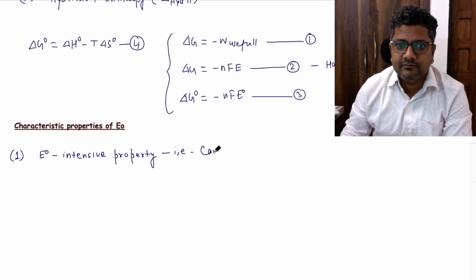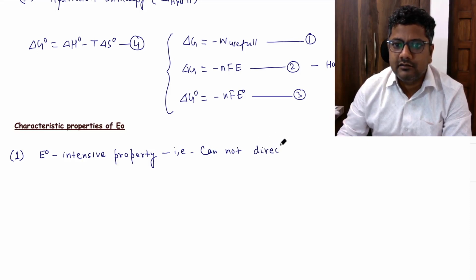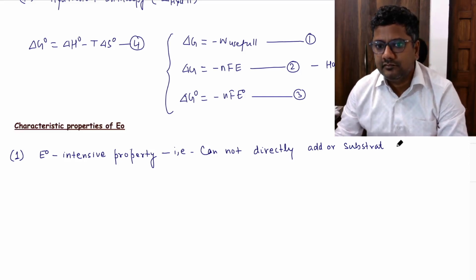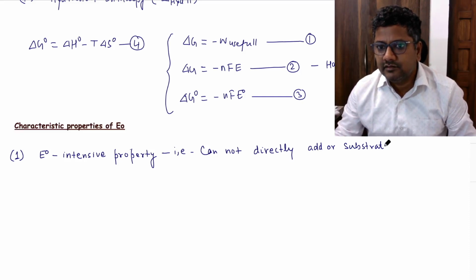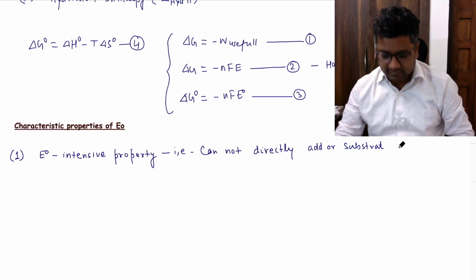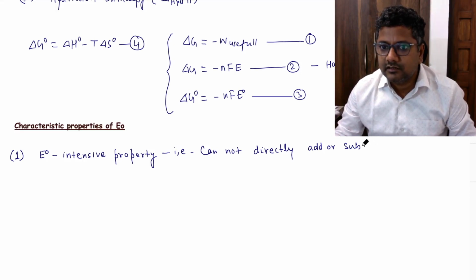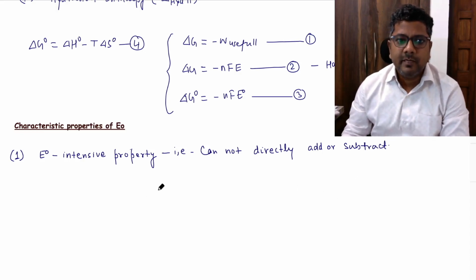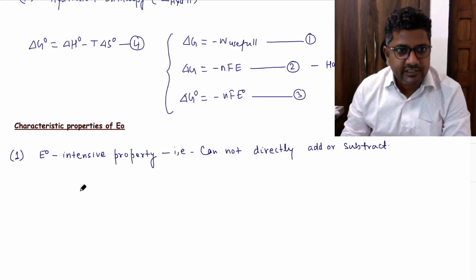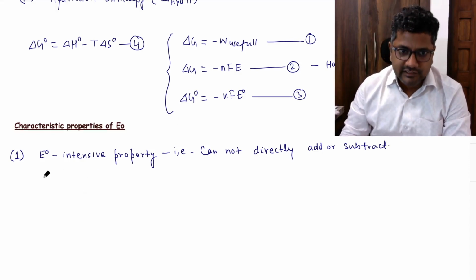cannot directly add or subtract. So what we have to do, first we convert this into extensive property, then we can add or subtract. Delta G naught is extensive,